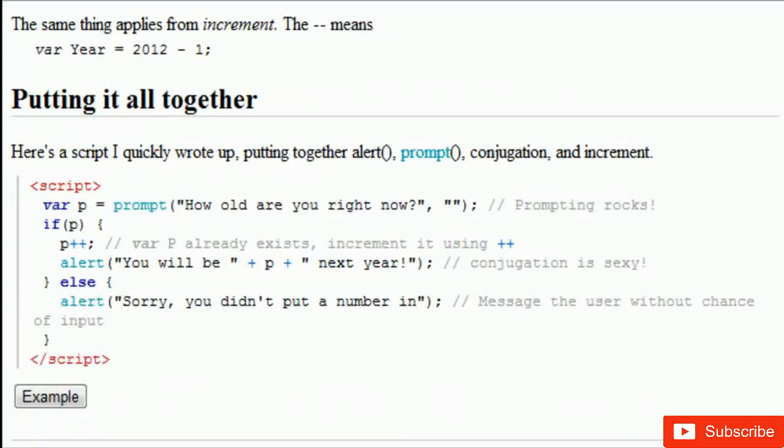So let's put everything we've learned together now. Here's a script that I quickly wrote up, putting together alert, prompt, concatenation, and increment. Here we have variable p is equal to prompt, "how old are you right now", with the second parameter being blank. If you insert any sort of text and you hit OK, then this is going to